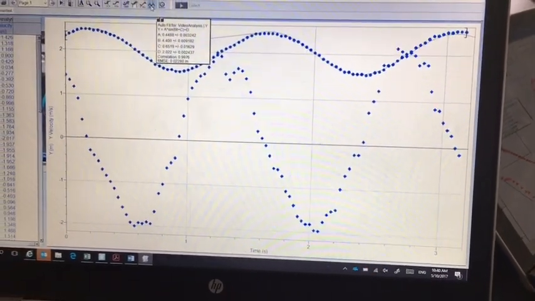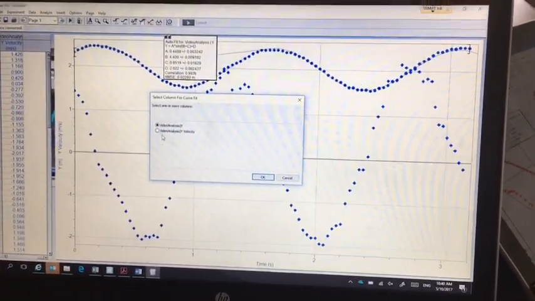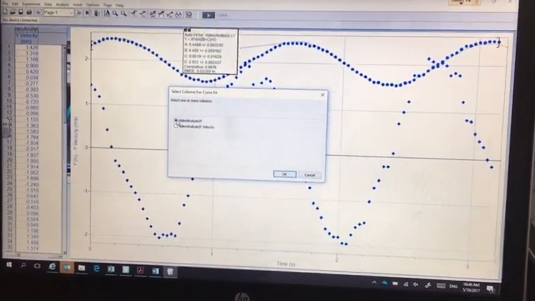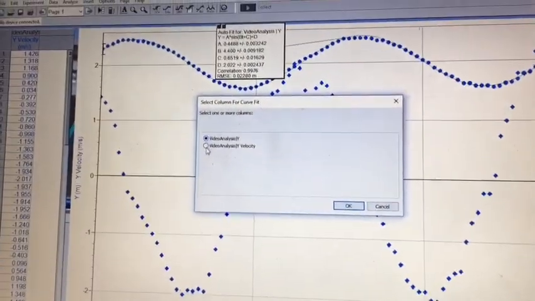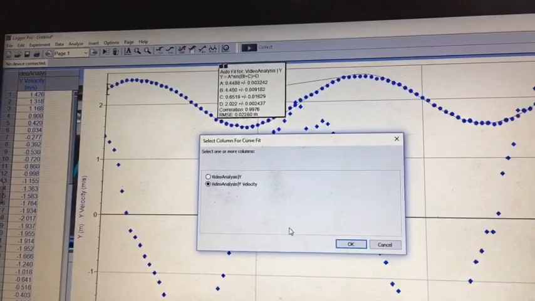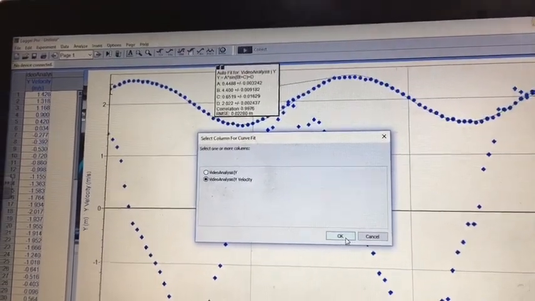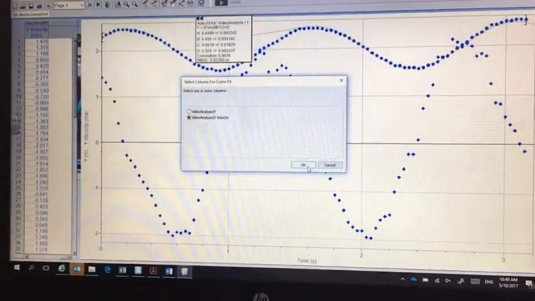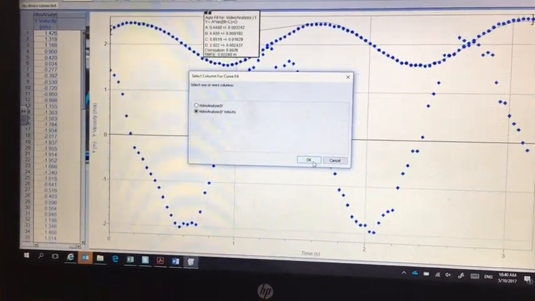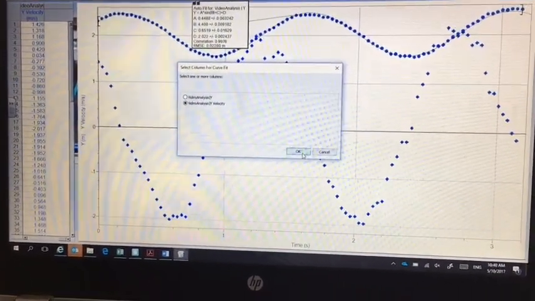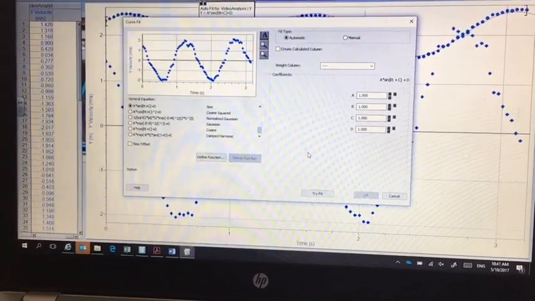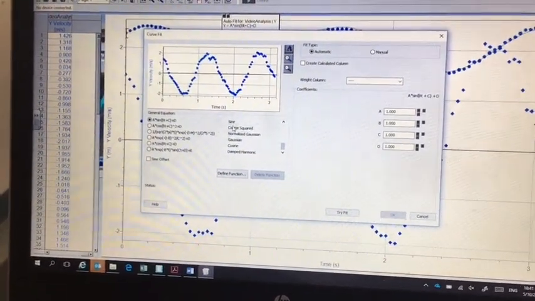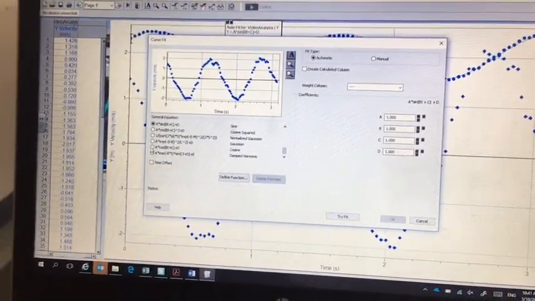So I'm going to select curve fit, but this time I'm not going to do y, I'm going to do y velocity in my analysis. Just make sure you click that one so it knows which graph you want it to analyze. It opens up this again. It's automatically gone for that. Let's go for the cosine